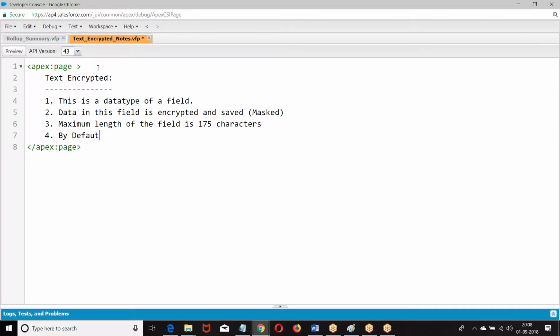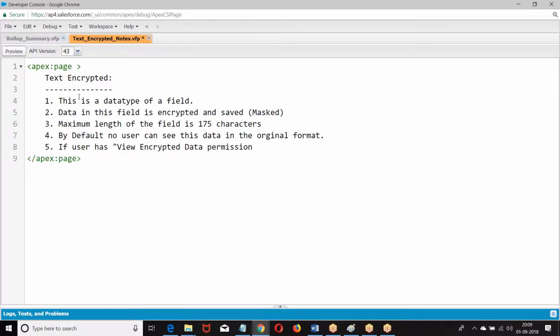By default, no user can see this data in original format. Next, if the user has view encrypted data permission, then that user can see the data.